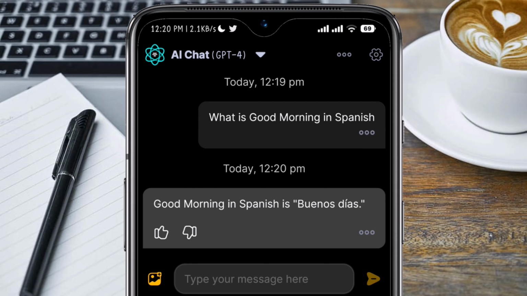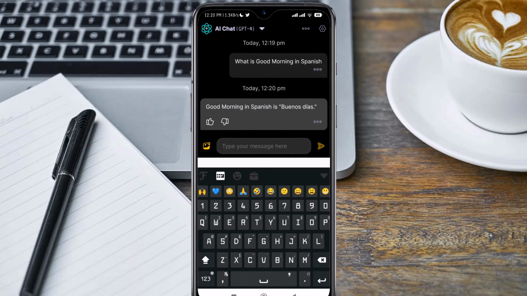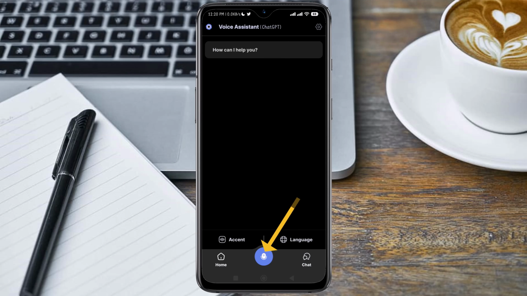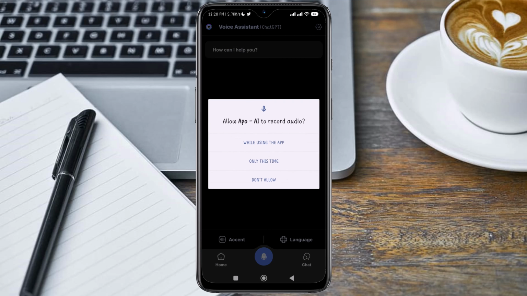So you can use this ChatGPT for a lot of things, guys. You can use it to write your essays, you can use it to solve your mathematics questions, you can use it for a lot of things. So when you go over here, it also has a voice feature if you want to record your voice to ask questions. So here,